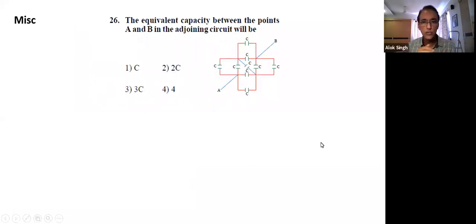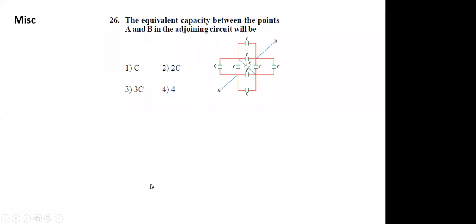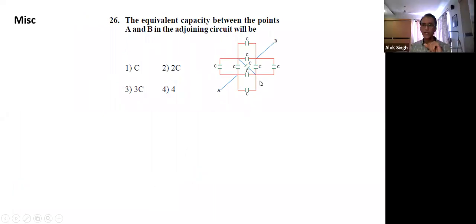This question also is an easy enough question, which most of you should be able to solve. You can remove a capacitor in the middle. Basically, yes, it is the first thing you notice. First thing we always start with parallel. These two are in parallel. I can replace this one with 2C, this also 2C, this also 2C, and this 2C. So 2C, 2C, 2C, 2C, and it becomes like 5 capacitors. And whenever we have 5 capacitors, one connected across the diagonal, it could be like a Wheatstone bridge.